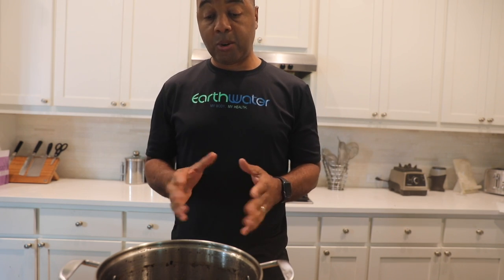So now I got my base stock, and I'm going to use that for my collard greens. And I think it's going to add a whole lot of flavor to the greens. There are other ingredients to add later when I do the actual collard green recipe, but this is the core stock. Cutting greens seems like a basic idea, but there's actually, if you care, some strategy that you can impart